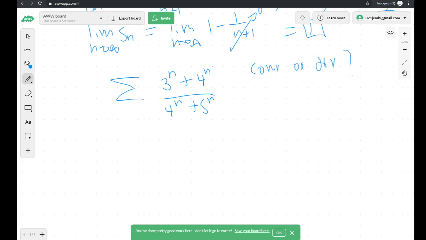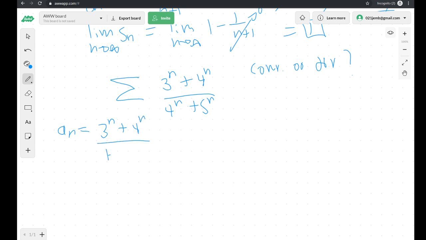Okay, so what I did was I found that a comparison test is the best for this problem. Direct comparison will fail, because it would be too complicated to find something that will cancel out nicely. But I think the limit comparison test can do. So let's see. We say that a_n is the sequence inside the series, so (3^n + 4^n) divided by (4^n + 5^n). And then for the b_n, what I did was compare it to